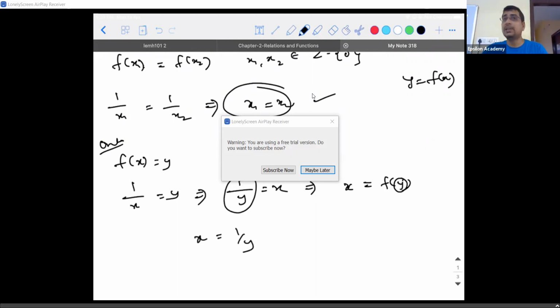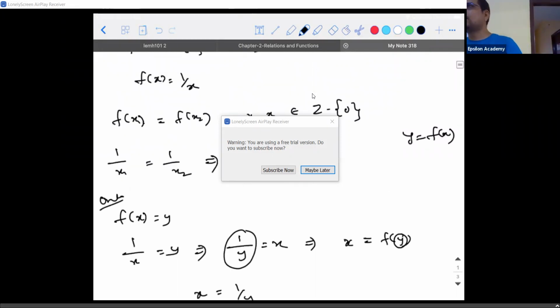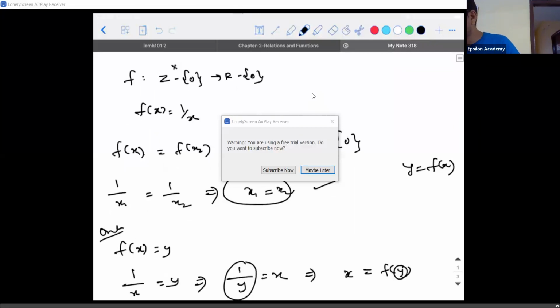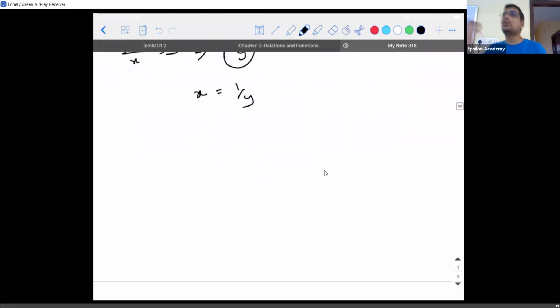So in the place of y, what am I going to substitute? I will substitute a real number. You know, y comes from which set? y comes from the one which is on the other side of the arrow mark. In the question, this is x, this is y. y comes from the real number set. So x is equal to 1 by y. Now I will keep substituting real numbers, and what is my expectation? I should get an integer.